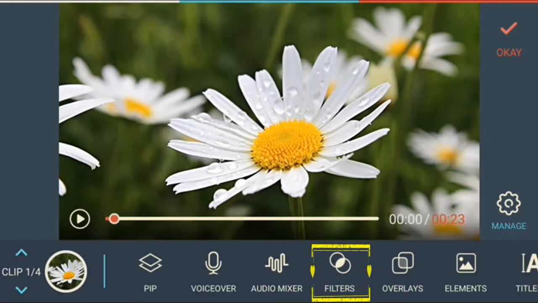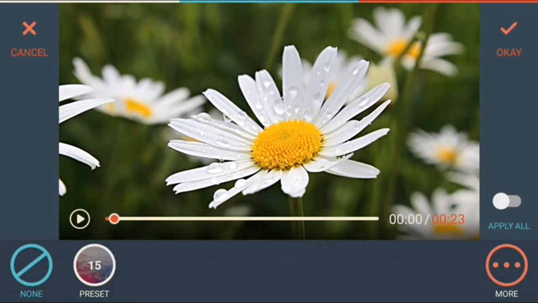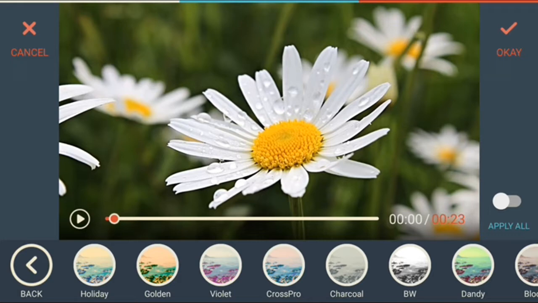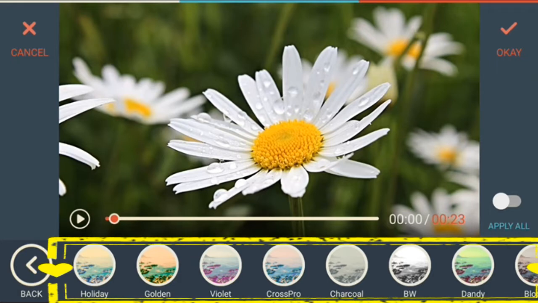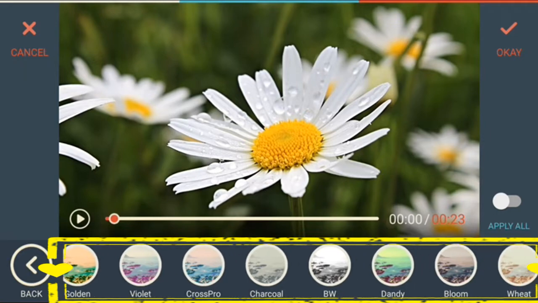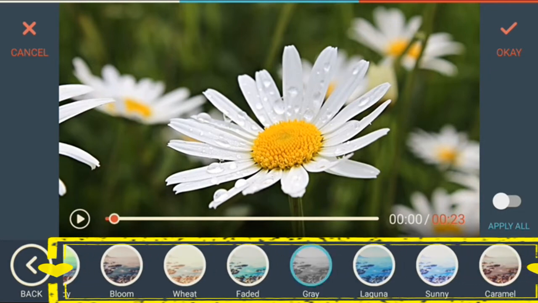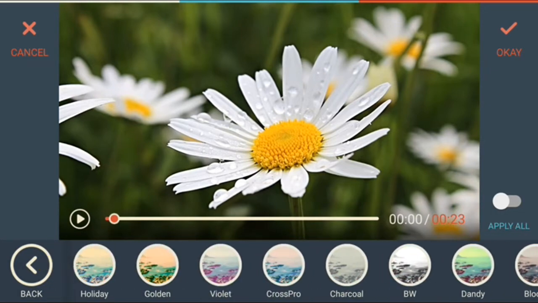Filters. You can apply different filters to this video clip by clicking on this filters. Now there are 15 presets shown here. At present none is applied. Now I will click on preset. The presets already shown here are holiday, golden, violet, cross pro, charcoal, BW, dandy, bloom, wheat, faded, grey, etc. Now we will try 1 or 2 filters by applying on this video clip.